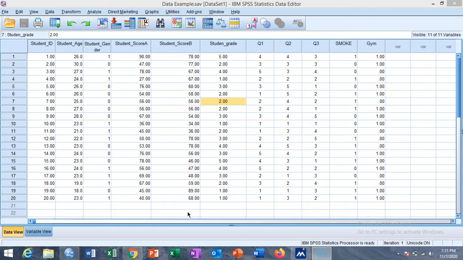Among them, the t-test is one of the most important statistical tests, which is used to test whether the data mean or the population mean is equal to some specified value or not. That is, we compare the population mean with some hypothesized value. So in today's lecture we learn how to compare the mean in case of